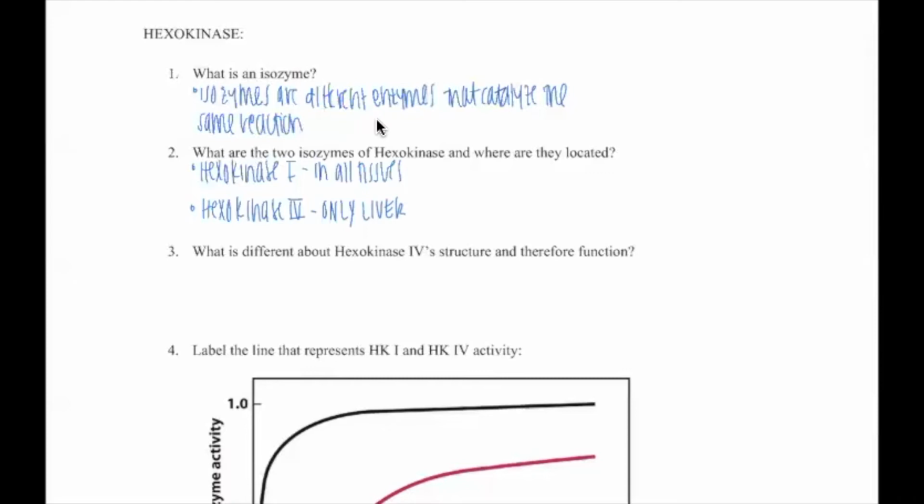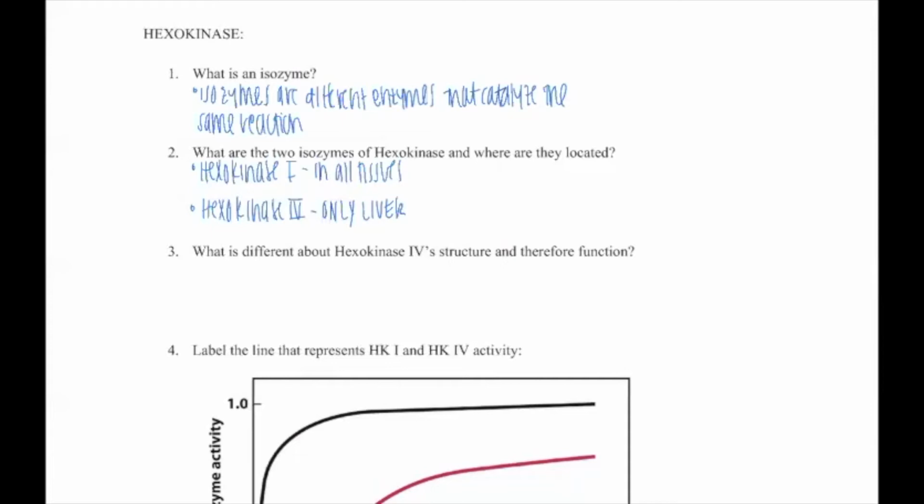When we need sugar in our blood, when we don't have sugar, gluconeogenesis is occurring only in the liver, right? And now we see that we have an isozyme of hexokinase only being expressed in the liver, okay? And then we can move on to the third question, being what is different about hexokinase